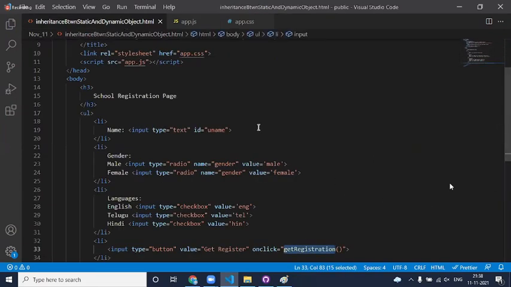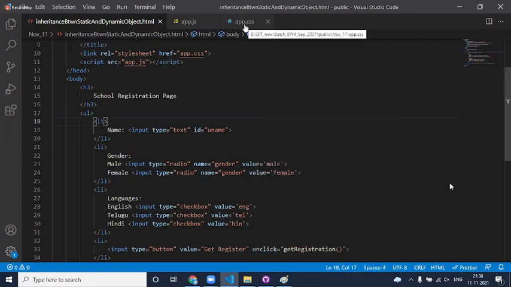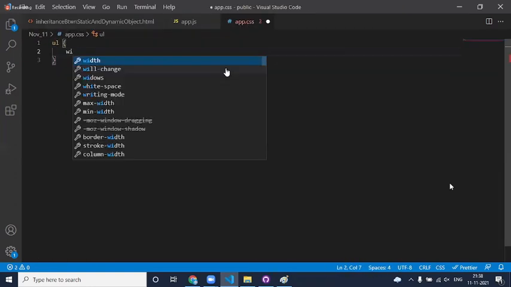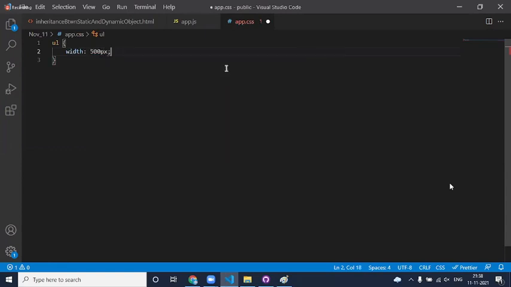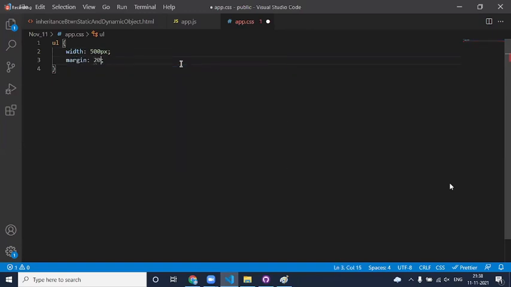Now we click on this registration button. Let us see how the UI is coming. Let us say some UL tag, width of say 500 pixel, margin 20 pixel auto, padding 20 pixel.